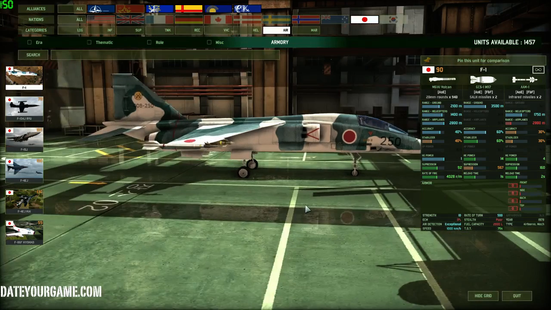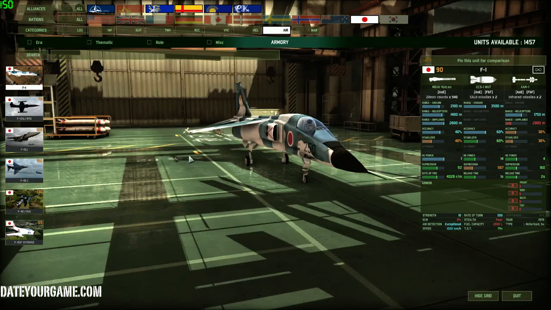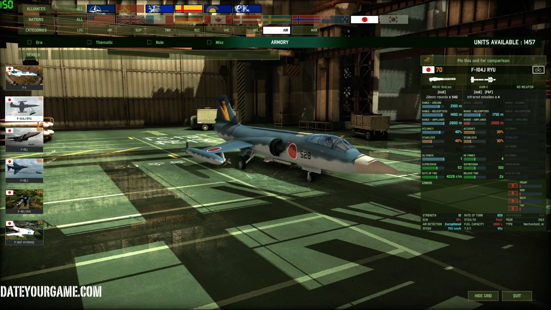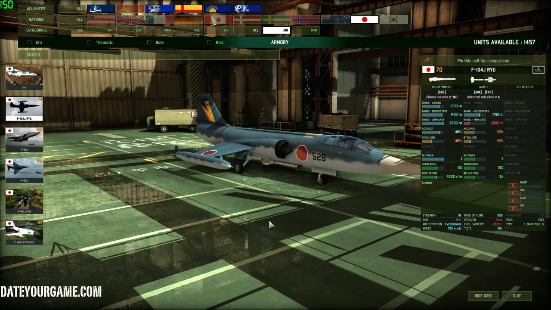Okay, the Japanese, they have this plane which has bombs which are actually laser guided. So that's an interesting thing. Sadly, they don't kill the tank that well, but at least they are laser guided, so they will hit the target. So this is an interesting bomber. Here they have this fighter here,